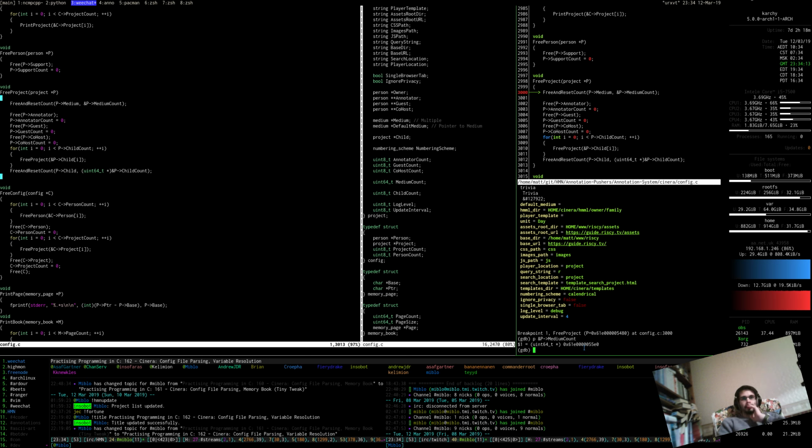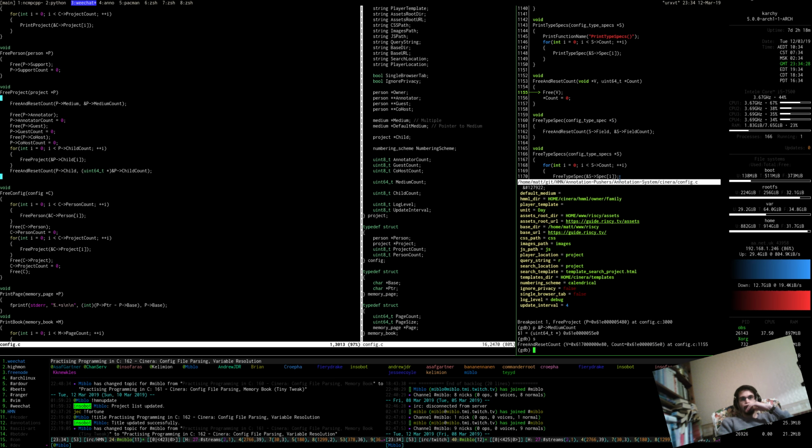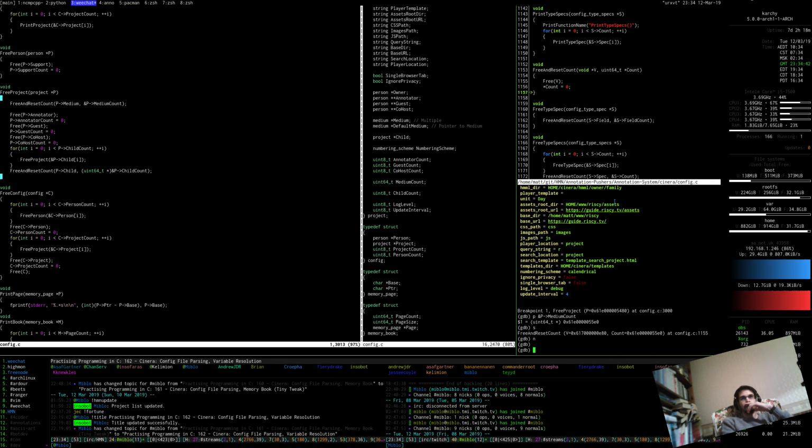So this is seeing that this is this. It's going to be dereferencing it as a 64 thingamajig, is at this address. So when I step into here, we find that the count is at this address. So I think that is all the information that I need. If I just continue out of here,